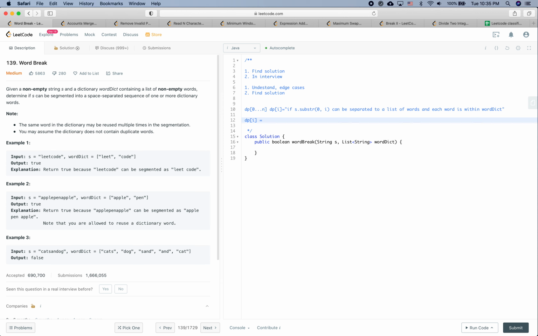So how to compute DP i? We have decomposed it into subproblems. The subproblem is to see whether s dot substring 0 to i could be broken down into a list of words where each word is within the word dict. Then we record the status for the subproblem to compute a larger problem. So that's essentially what dynamic programming is. So DP i is equal to, we just find from DP 0 until DP i minus 1, whether any of them